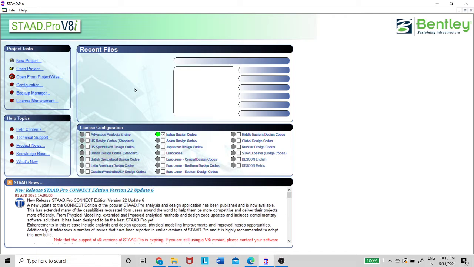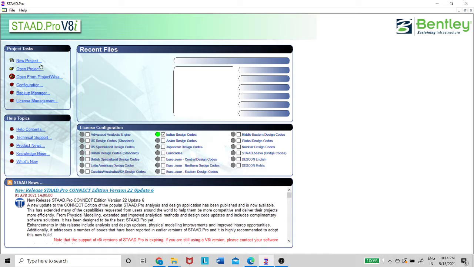If you don't store them in a single folder, and it is on the desktop, it becomes very messy. So just to avoid that, always create a folder and save the file in that folder. This is the typical first window of STAAD Pro.